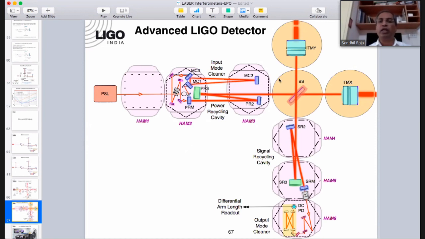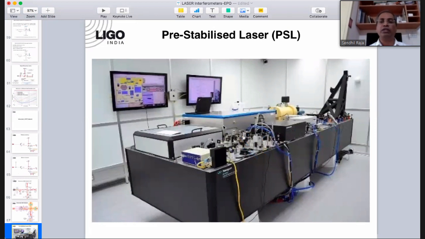So the whole optical layout is done in such a way that it can be handled inside vacuum chambers, including the end test mass at 4 kilometers length and the other test mass. The rest of it is housed in optical vacuum chambers, and I will discuss that later when I show the schematic. So the PSL alone sits outside, in air. The PSL is the pre-stabilized laser, which is the LIGO laser, and it sits in a clean room on an optical table, consisting of 3 parts: the oscillator, the preamplifier, and the power stage amplifier, which is used to generate something like 200 watts of ultra single